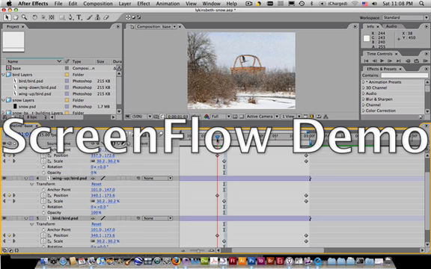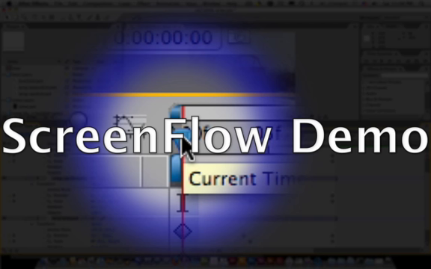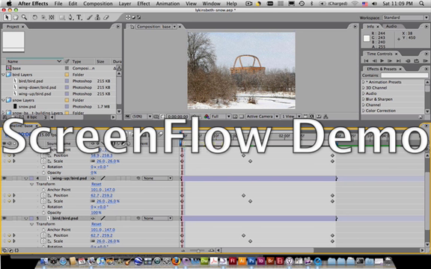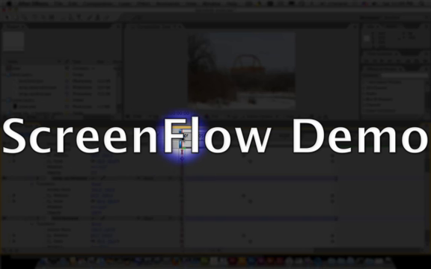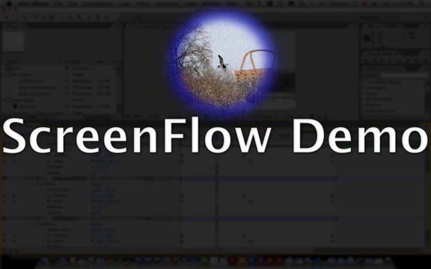But position is really the one that I wanted to focus on for this tutorial. I'm going to go all the way back to the first frame, and I just moved the time slider instead of using the first frame key in the time controls. You'll notice that position and scale both start at 0, 0. Then as you scrub through the timeline and watch up above in the composition, watch the bird here,